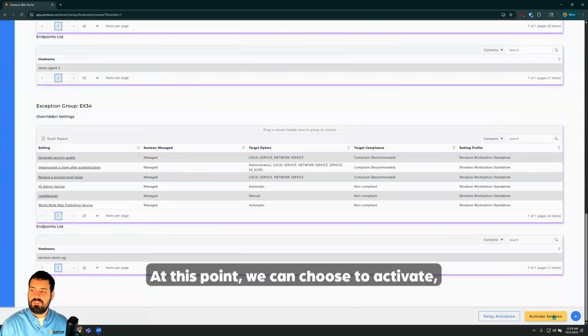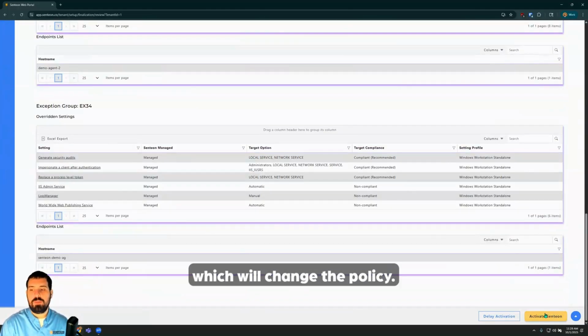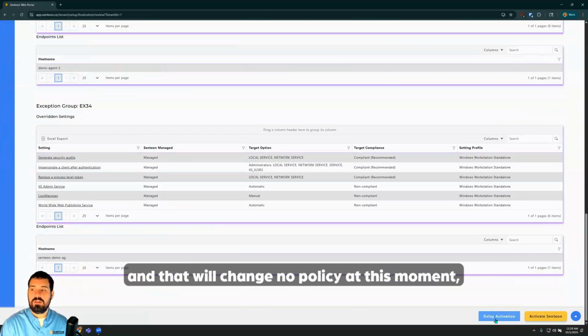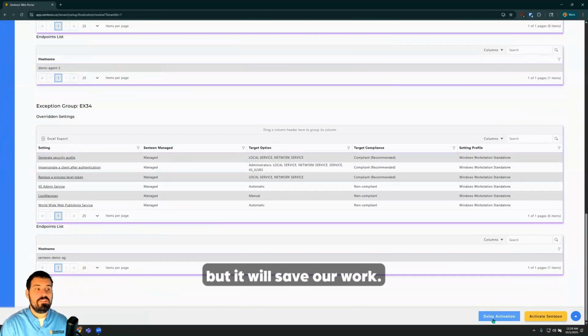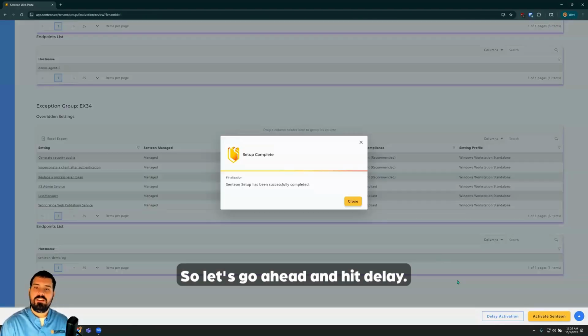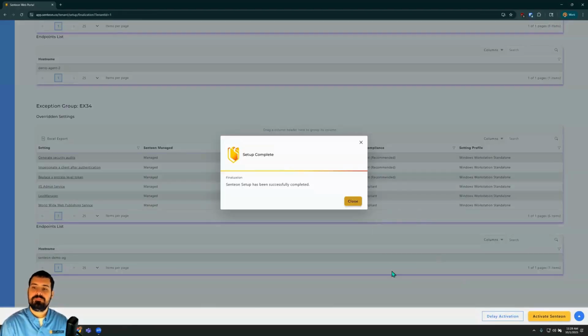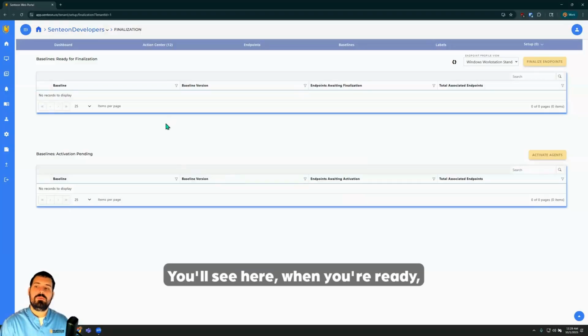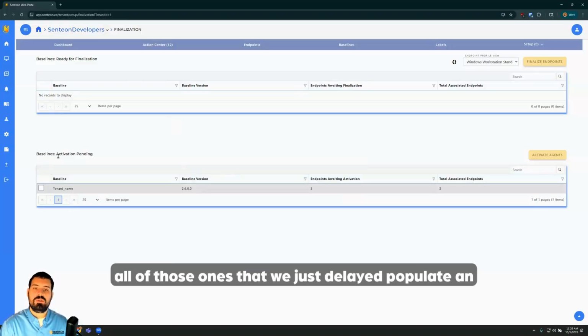At this point, we can choose to activate, which will change the policy. Alternatively, we can hit delay, and that will change no policy at this moment, but it will save our work. So let's go ahead and hit delay. You'll see here, when you're ready, all of those ones that we just delayed populate in activation pending. So when you're ready, you could harden all 3